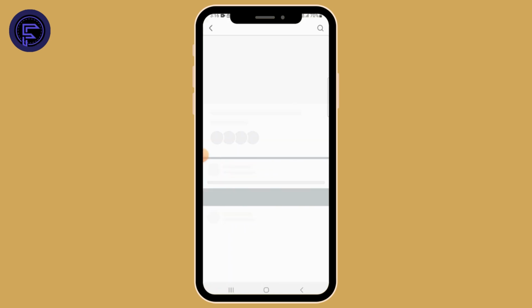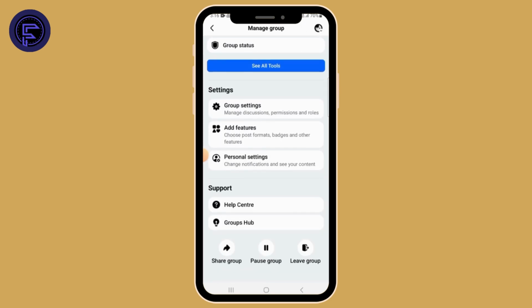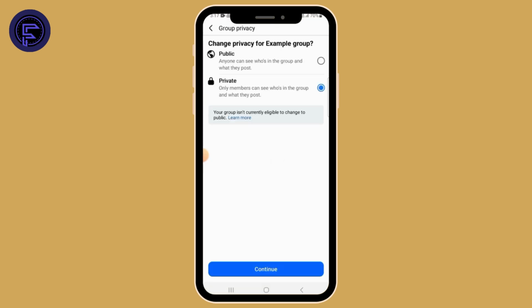Once you have selected it, tap on the manage option. Now over here you will find the option of group settings. Go ahead and tap on that. Now tap on the option of privacy, select that. Once you select it, you will have the option to change it into public from here, so you can simply